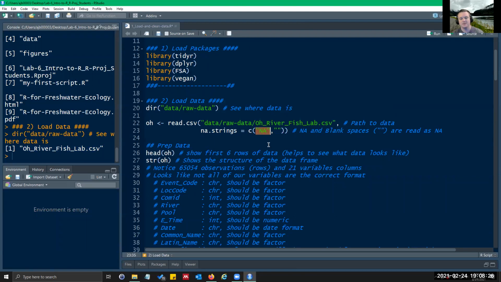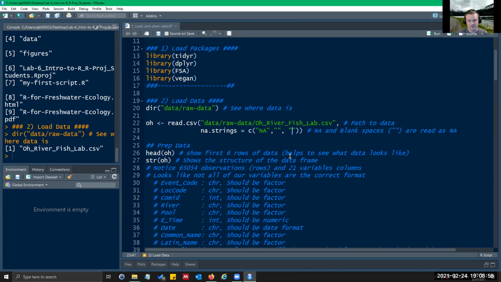You can see that because they are in quotation marks. So here, and by default, R will read capital N, capital A as NA. But if you have a blank cell in your spreadsheet, you'll have to put in just quotations with no space or anything there. If there was a space in that cell, you may have to put a space in there.